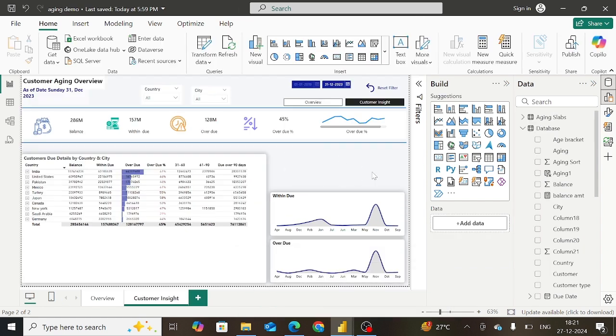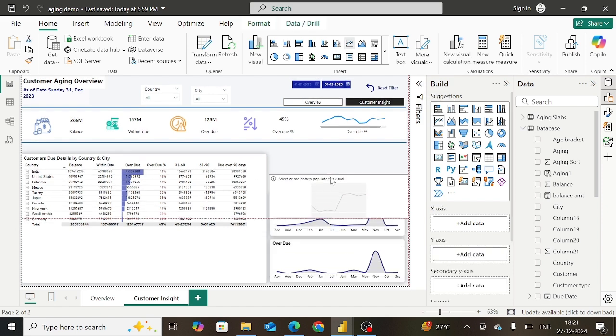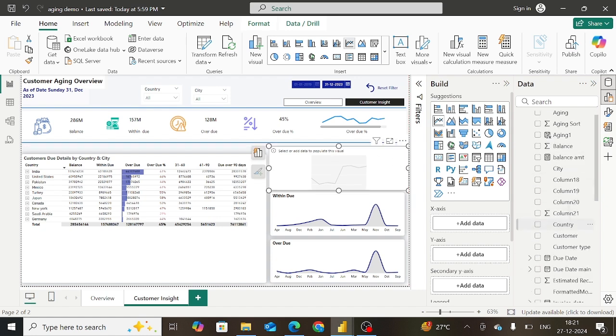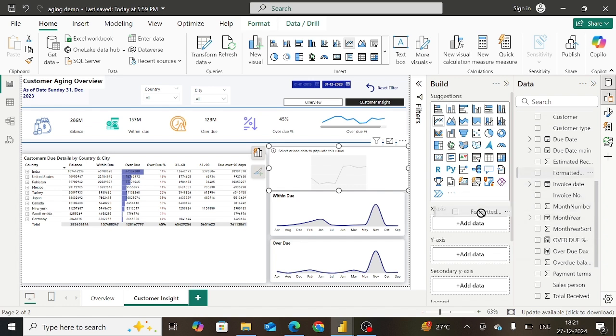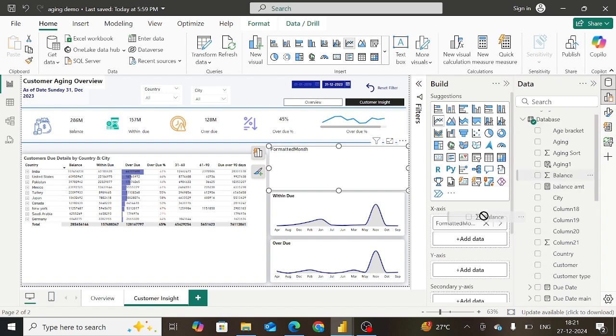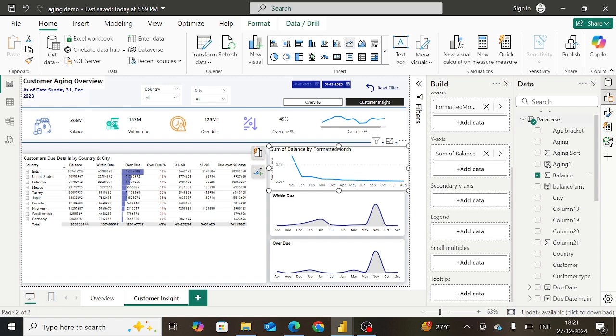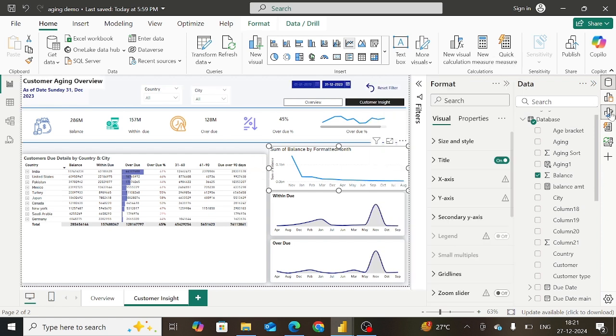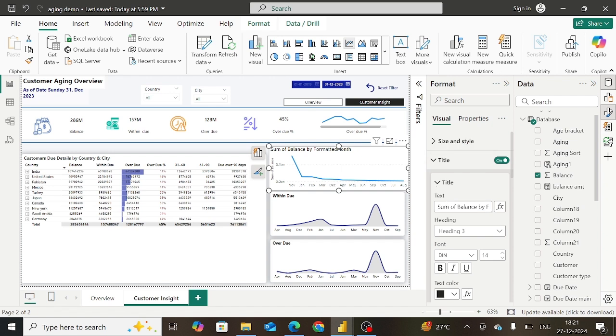Now we are going to learn to make a line chart. So for that I will select a line chart and I will place it over here. To make a line chart, you have to select formatted date which we have in database on our x-axis, and the first line chart is of balance, so balance on y-axis. Once this is done, I will change the title in the format to balance and I will cancel the rest. You can change the font and everything accordingly,